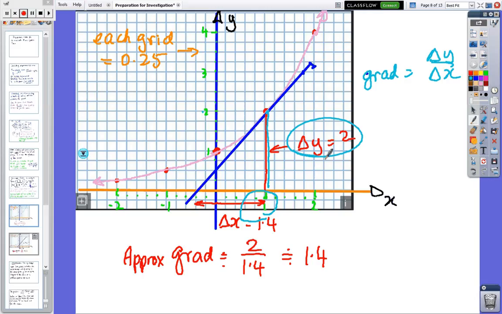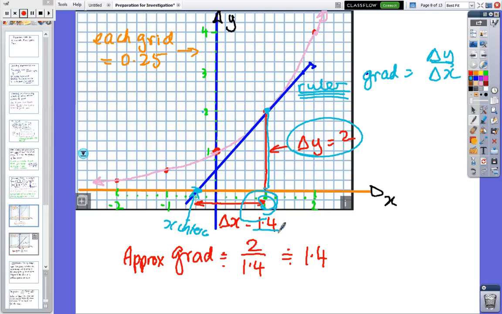Now to get the change in x, we're going to use the x-intercept. We draw our tangent with a ruler, so you have to use a ruler, and we draw our tangent so it just touches the curve, and then it intercepts the x-axis, so that's the x-intercept. Then we can look at the x-intercept and this x value 1, and count how many grids we've got. There were 7 grids and each grid was 0.2,